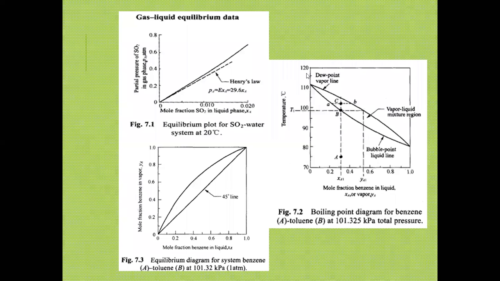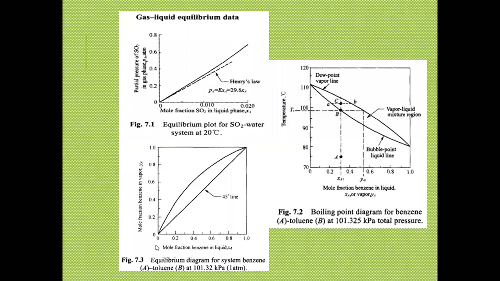This particular diagram, which we call the boiling point diagram, the equilibrium diagram for benzene and toluene, has an equivalent table, which I will show in a little while. So use whichever of the two is available for your system. We also have here the mole fraction of benzene, again for benzene-toluene, so Raoult's law is applicable in this case.